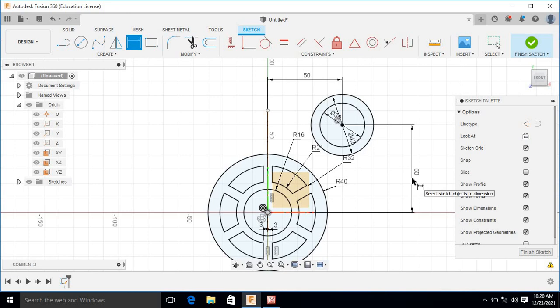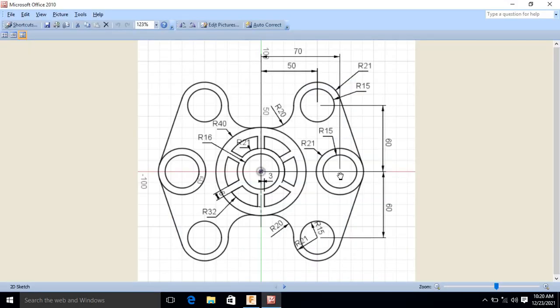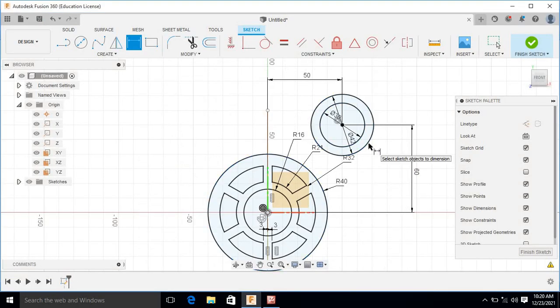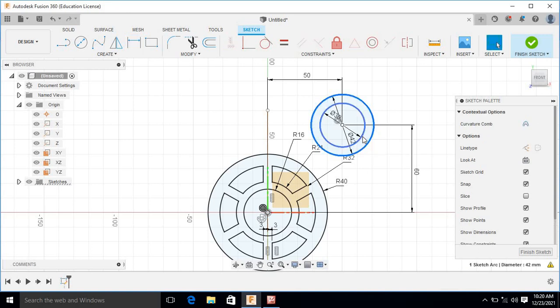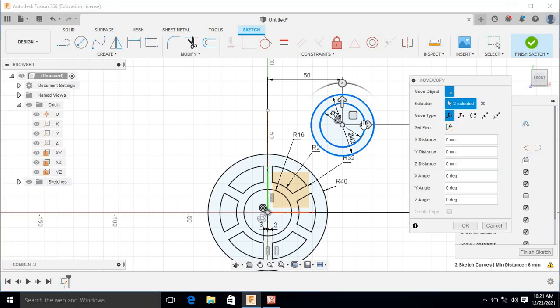Okay, now we want such two concentric circles here and here, so just exit from the dimension command and select these two circles by pressing Ctrl key, then copy these two circles. So just press Ctrl C on your keyboard and then Ctrl plus V. Okay, so this is copied now, so we can move that copy as per our requirement.